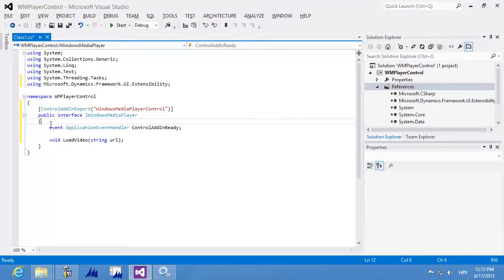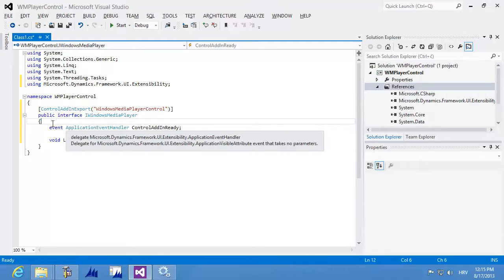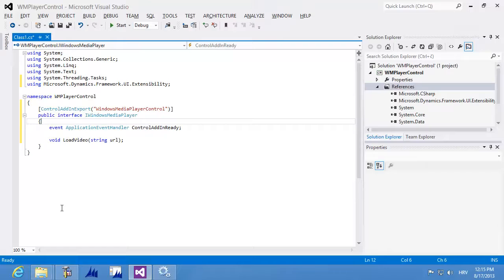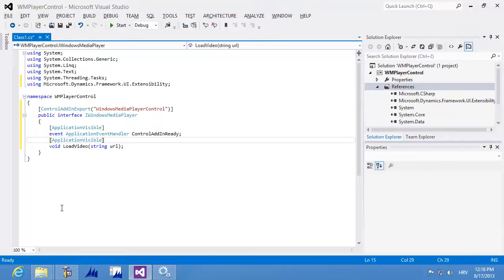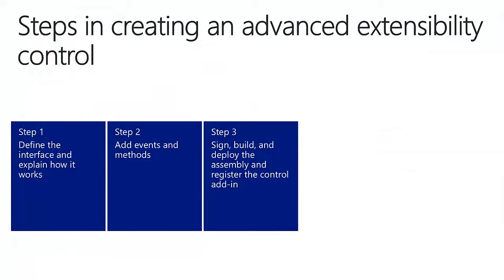So when I simply declare these members of an interface, I'm not automatically making sure that this is visible from within NAV. NAV will not see either the event or the method. So I must attach the application visible attribute, which makes sure that these two members are actually visible from within NAV. In the third step, I will sign, build, and deploy the assembly, and then register the control add-in in